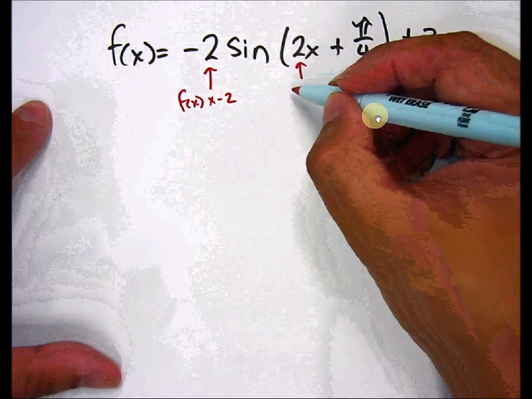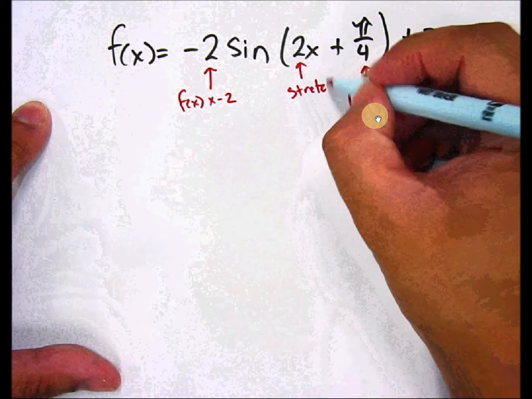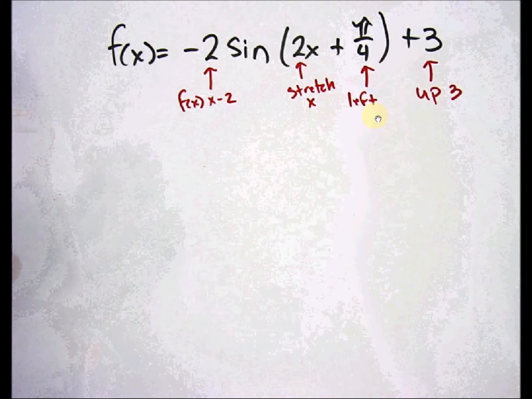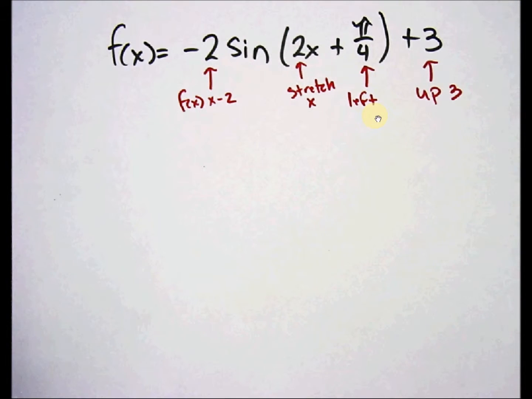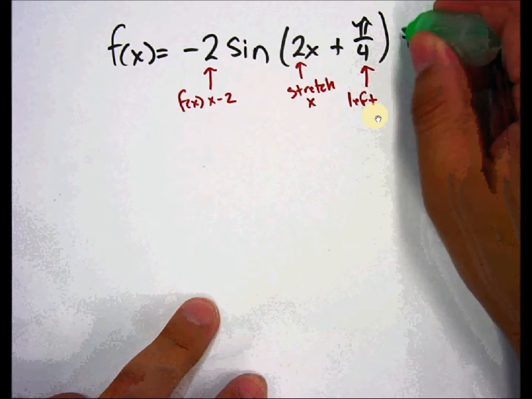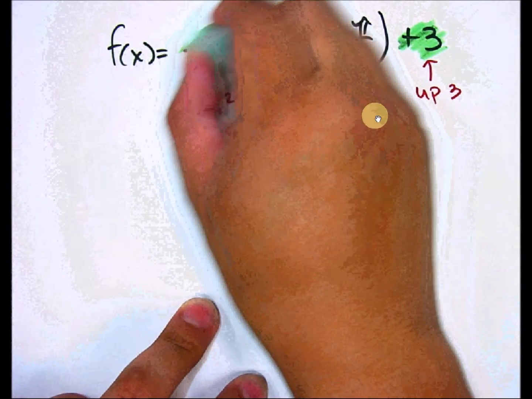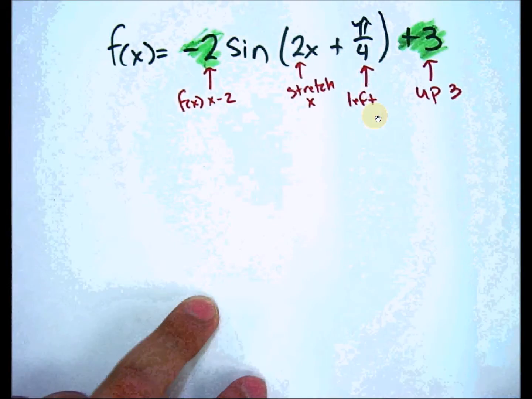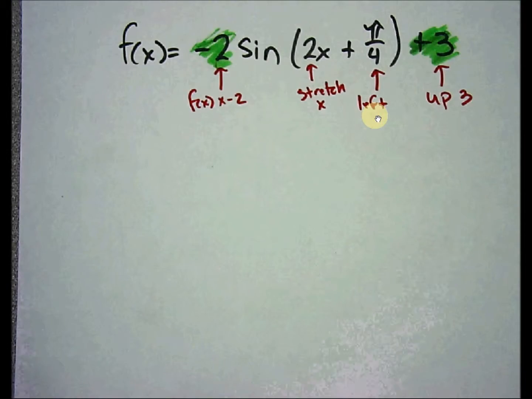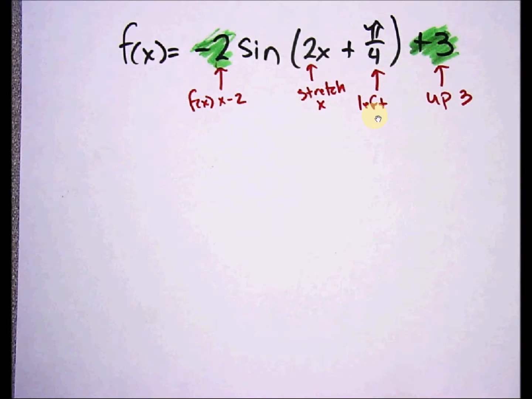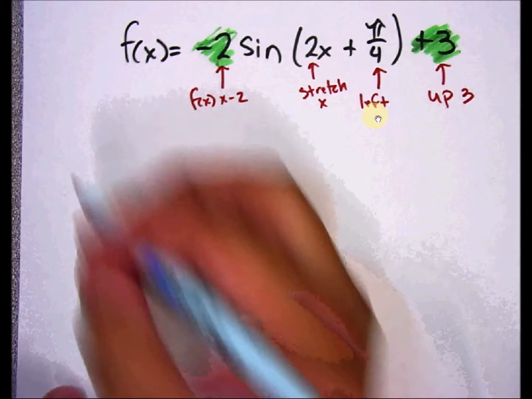So I'm going to take all the ones that are affecting my range, which are the plus 3 here and that -2 here, and organize them with the range so that I can transform the table properly. Moving that 3 over and the -2 over,